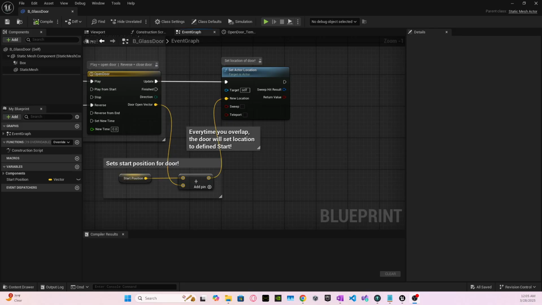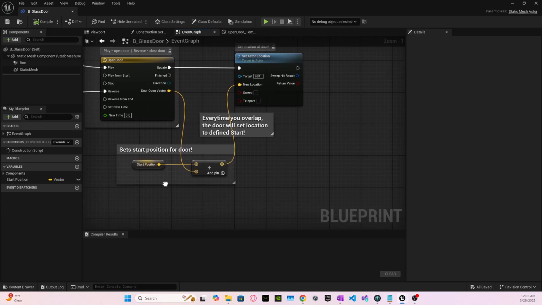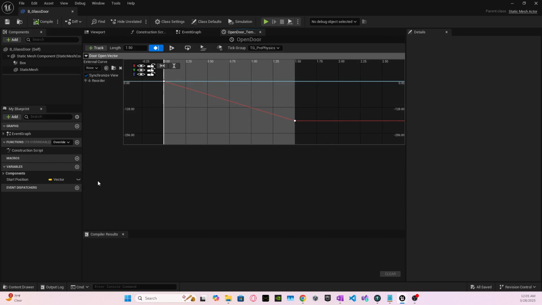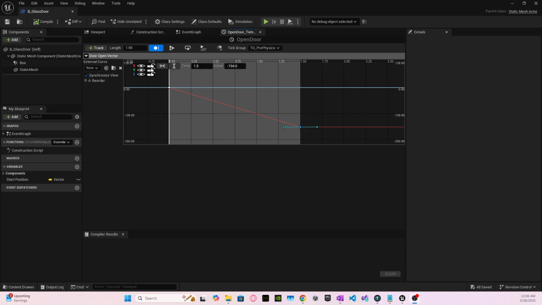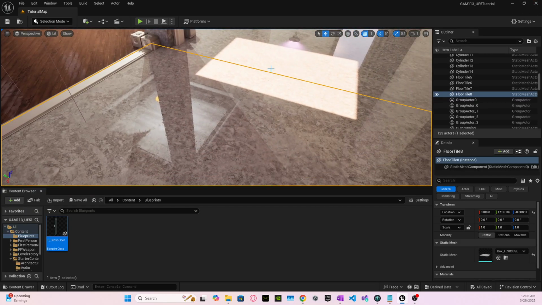Now, I did run into errors using the timeline node where my sliding door was on another plane, X, rather than Y. To fix this issue, I did have to use negative key values rather than positive, which is why it's going downwards instead. Other than that, I had minimal issues. I will perform a test run just to double verify that everything is working